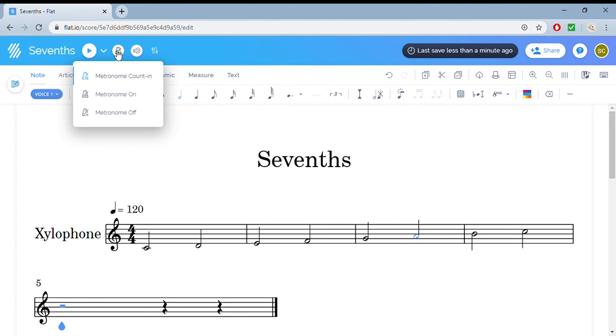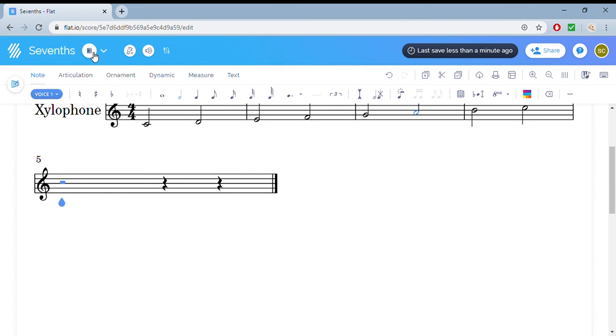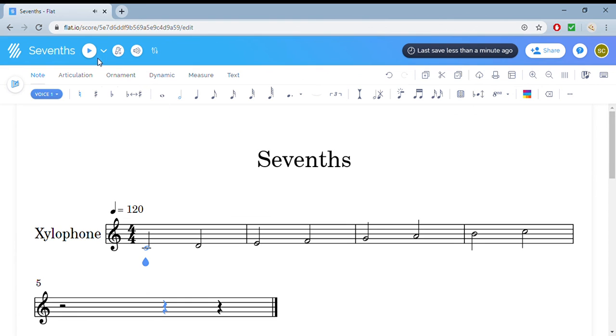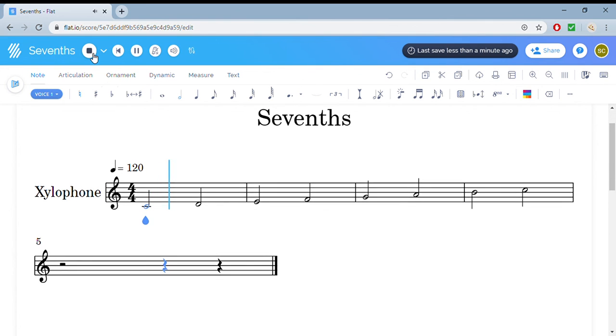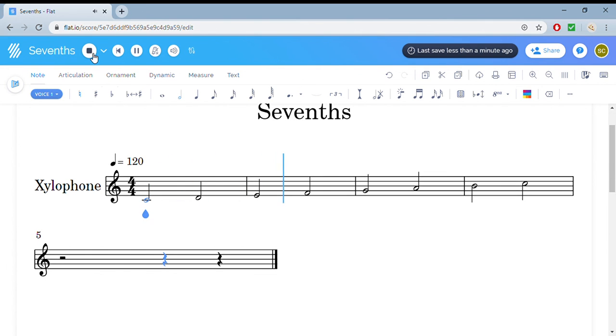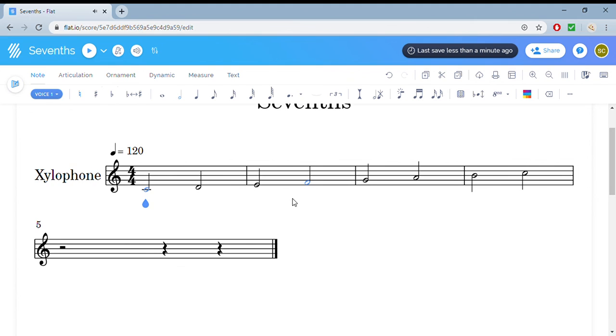And now I'm going to turn off that metronome, and when I press play, this is what we should hear. I'm sorry, it is starting me not where I thought I was. Let me get back to the beginning and press play. That all familiar sound of C major